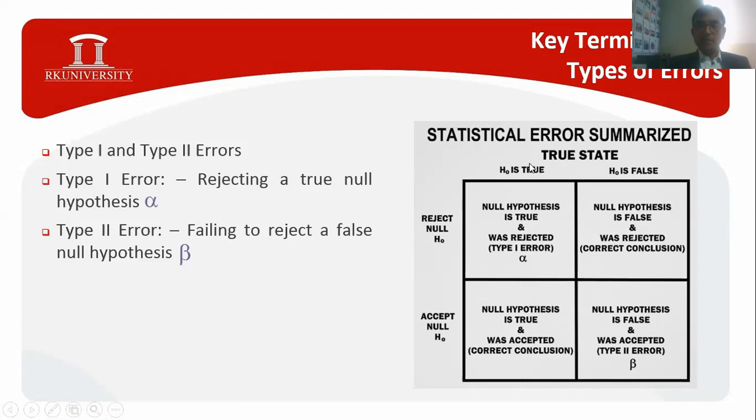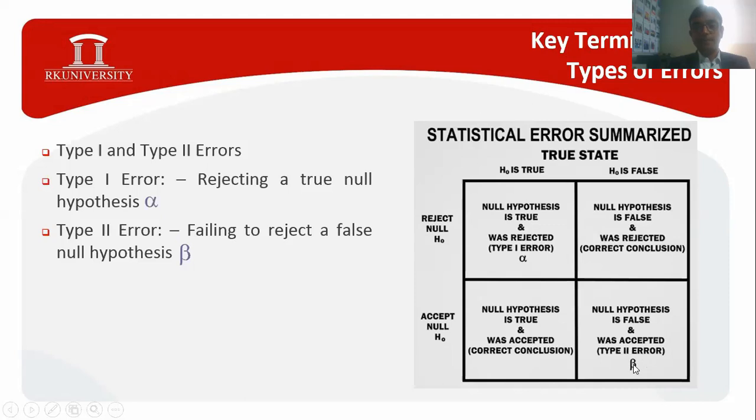In the same way, suppose the hypothesis is true and you are accepting it, that means you have made the correct decision. Suppose the hypothesis is false and you are rejecting it, that means you have made a correct decision. But when the null hypothesis is false, but somehow you are accepting the null hypothesis, that means again you have committed an error in hypothesis testing, which is called type 2 error, which is generally